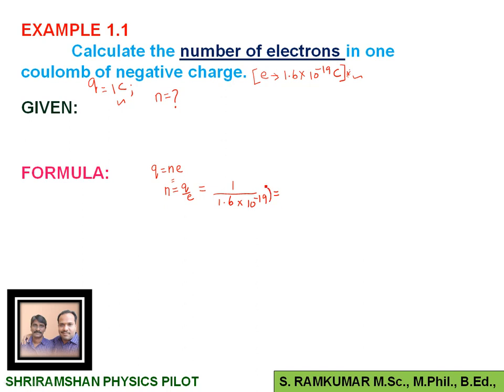Now, so in this case, 10 power minus 19, when taken to the numerator, you will get 10 power 19 by 1.6. 10 power 19 by 1.6. இந்த வேல்யூஸ் நம்ம எப்படி எழுதிக்கலாம் அப்படினு பார்த்தா 10 into 10 power 18 இது மாதிரி எழுதிக்கலாம். Because 10 into 10 power 18 நம்மளுது 10 power 1, 10 power 18, so totally 10 power 19 ங்கிற value divided by 1.6. So which will be equal to 10 by 1.6 into 10 power 18.